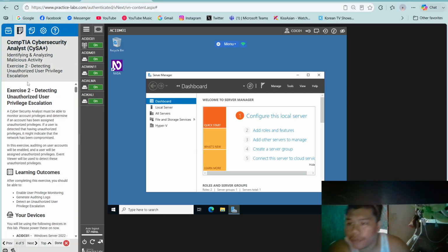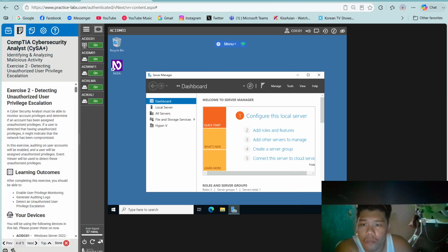So exercise 2, detecting unauthorized user privilege escalation. A cybersecurity analyst must be able to monitor account privileges and determine if an account has been assigned unauthorized privilege. If a user is detected as having unauthorized privileges, it might indicate that the network has been compromised.